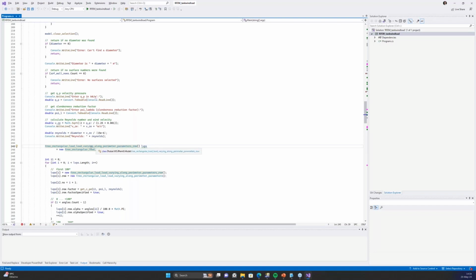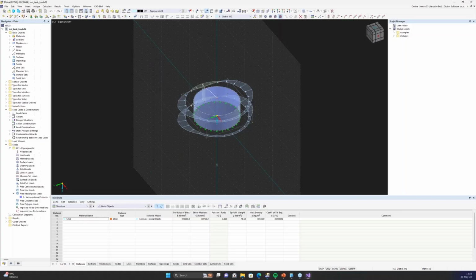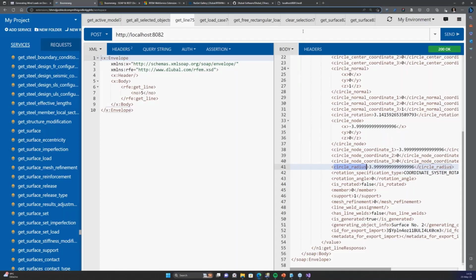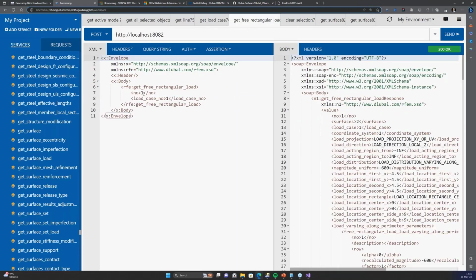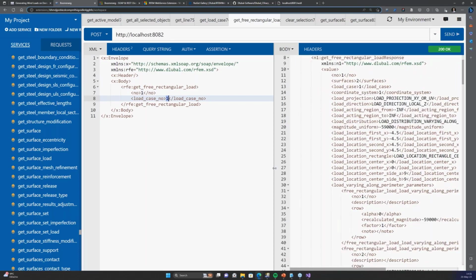I need to create the object for the free rectangular loads, and I can do the same, because here I know that under load case number 1 I have the free rectangular load number 1, and I'm curious about the structure of it, because I would like to fill it properly. So I'll just use my tool for it, and here I'll ask for the free rectangular load. So I have the object. It's number 1 for load case number 1. If I run it here, I can see what